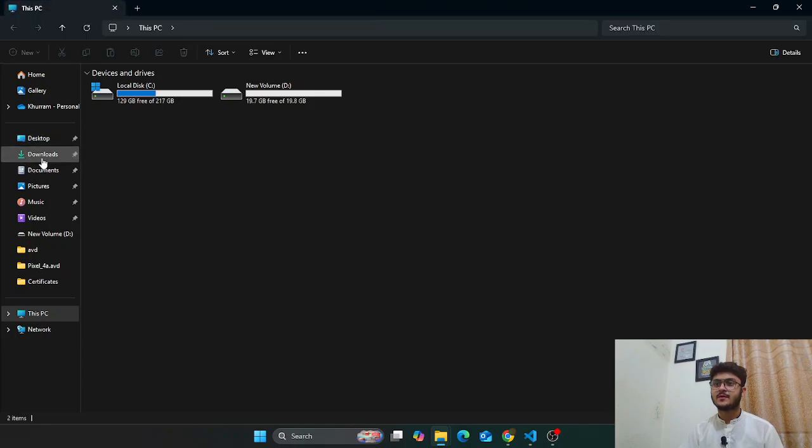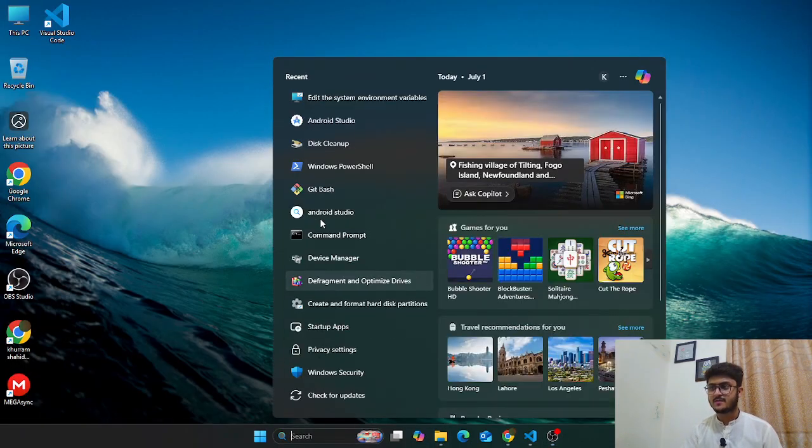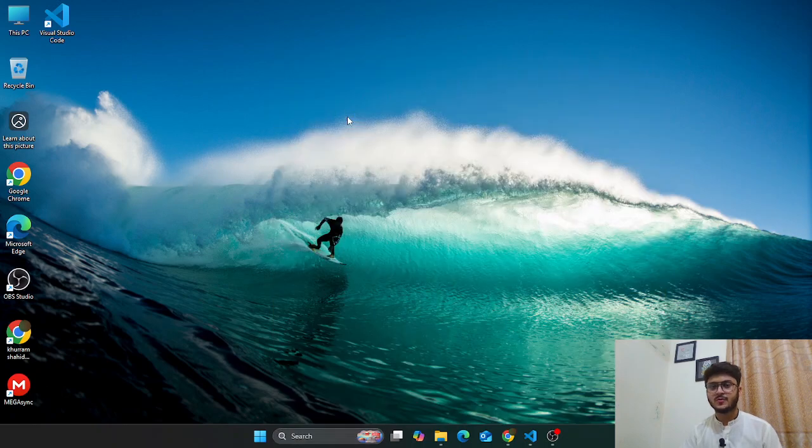Now again going into the download folder, and here we can see the downloaded Android Studio. You have to simply click on the setup you have downloaded for Android Studio. Open this and click install with default settings. Do not change any settings. So after this you open Android Studio,